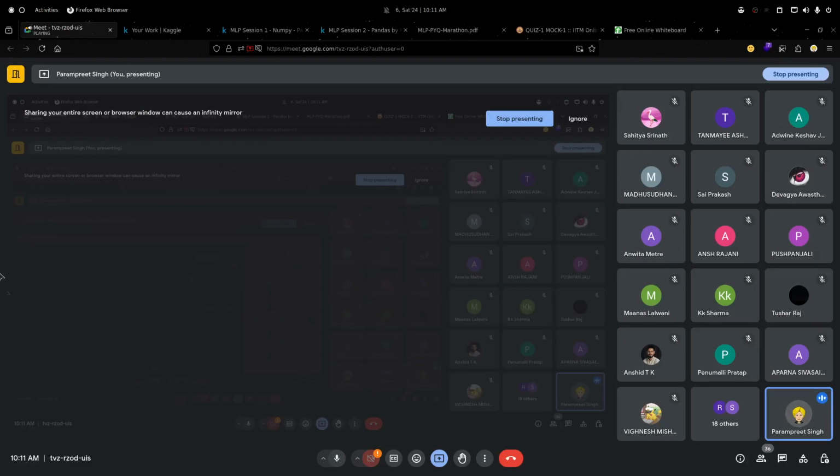It's already imported in the question. Okay, it's in feature extraction, feature_extraction and DictVectorizer. Oh yes, sorry, it was imported. Okay, so let's do it one by one.